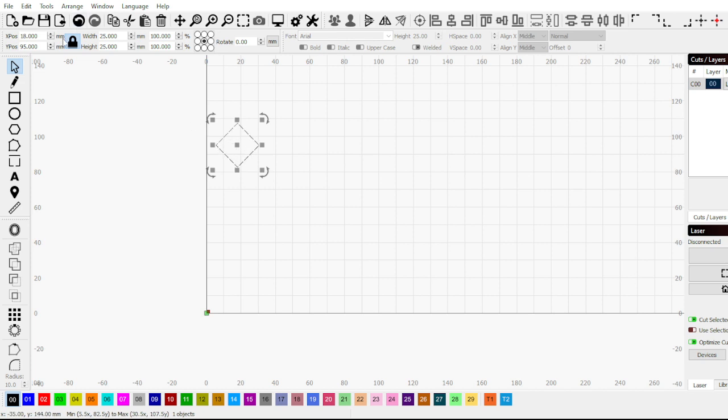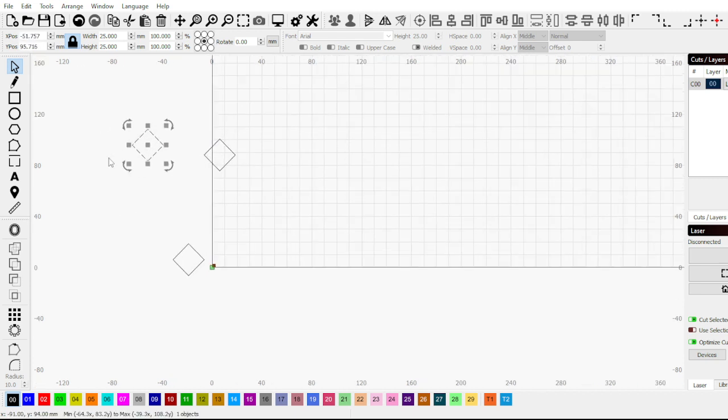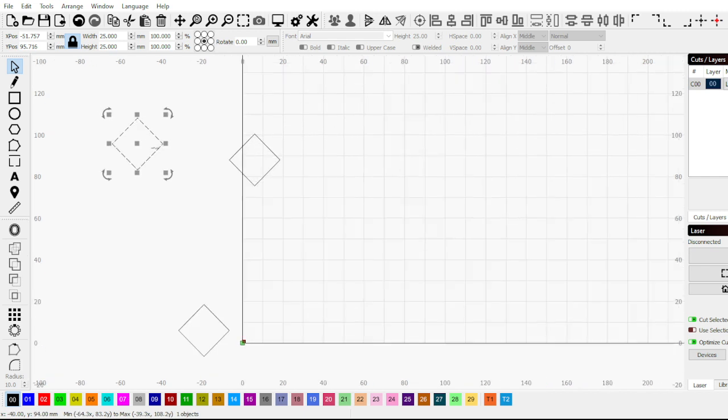Okay, and I'm going to copy this. I'm going to put one over here, put one over here. I guess one will go here. This one will be my sort of remembrance. This one's going to be how I make back attachments. I'll show you how and why in just a second. Okay, so this one, we're going to go 0, tab 0. This one, they're 25 tall, so 25 plus 25 is 50. So if I set this at 0 and then 50,